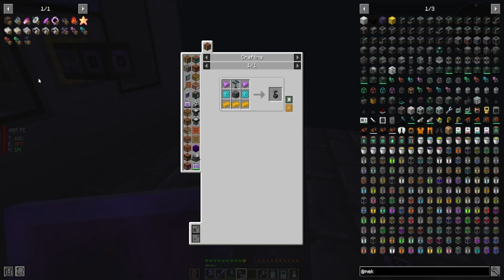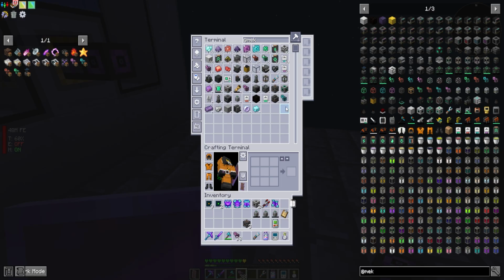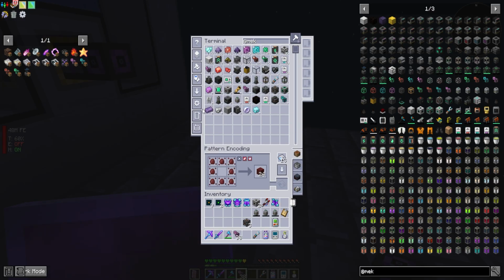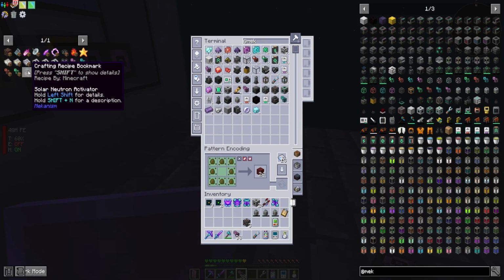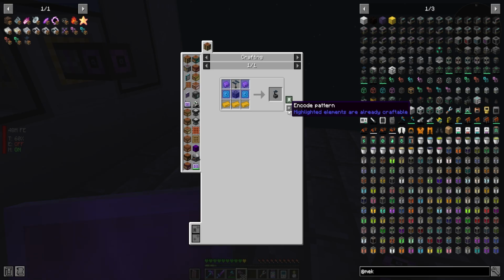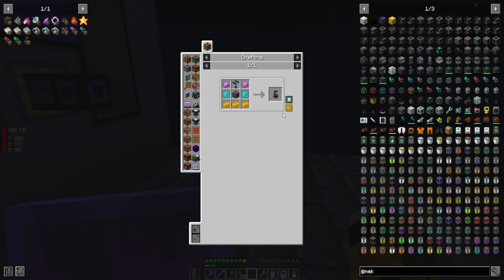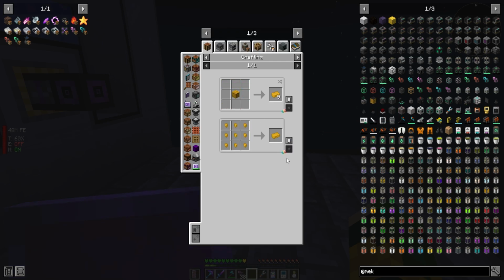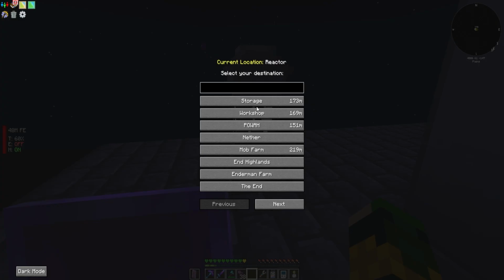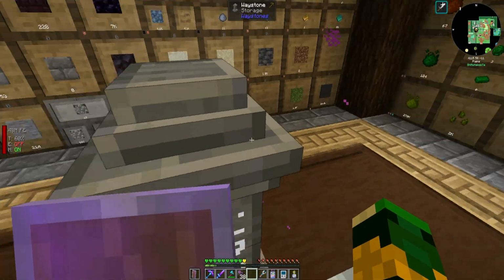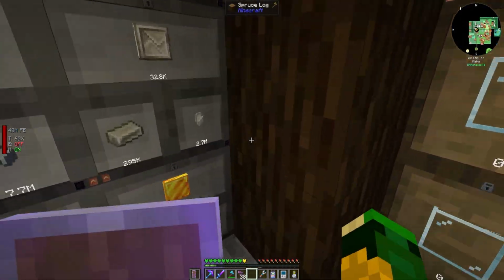Let's look at getting the recipe for the solar, and I don't think I need a recipe. Let's just do it this way. Oh, I did that wrong. Yeah, because I said I don't think I need a recipe for that, so we're going to bypass it. We do need bronze. Let's head back over. We may need a couple. We may not need a recipe for that, but we may need a couple recipes over here. So what are we going to need?